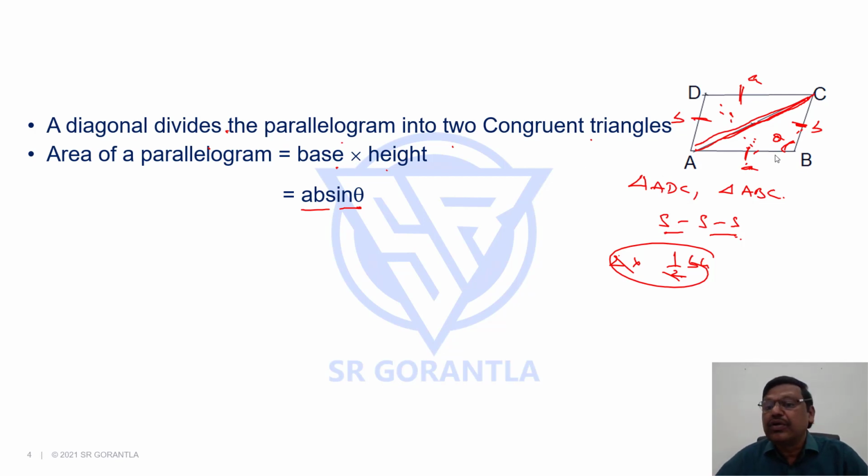Then somebody will have a doubt, should I take this angle or this? If this is theta, this will be theta. But now the sum of any two adjacent angles is 180. If angle D is theta, angle C will be 180 minus theta, because the sum of them is 180. Now should I take theta or 180 minus theta? Either is the same, because sin of 180 minus theta equals sin theta only. That is the reason whether you take this theta or 180 minus theta, it will be the same, right? Area equals AB sin theta.